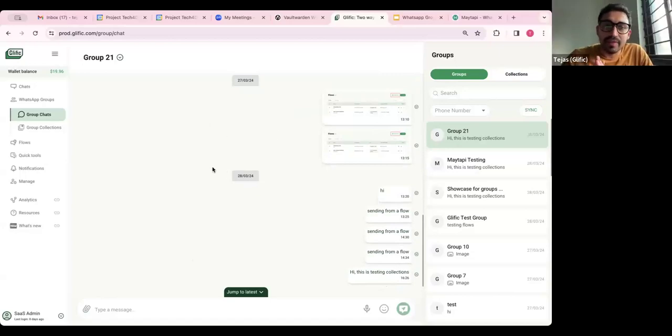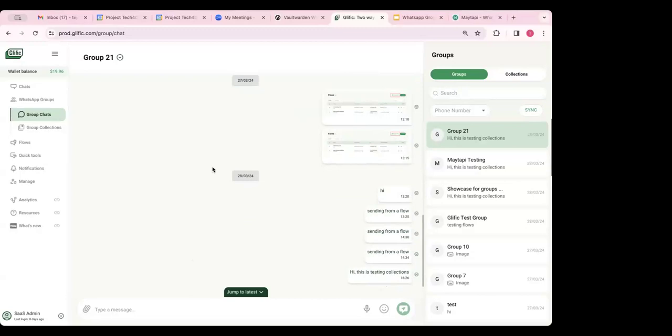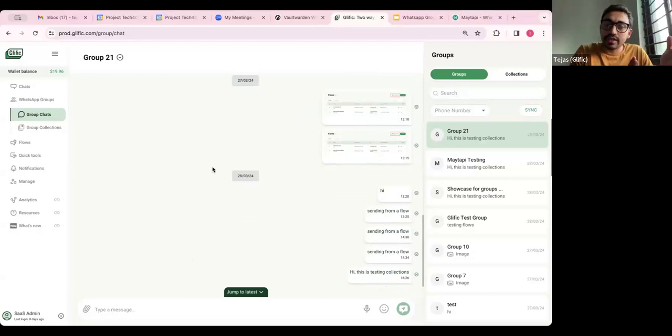So HSM message is completely different from every other thing that you saw about Glyphic so far. This has no HSM messages. Nice. Cool. This is a completely different feature. So none of the other chatbot related features or constraints that you were thinking of will apply over here. This is a completely different feature altogether.